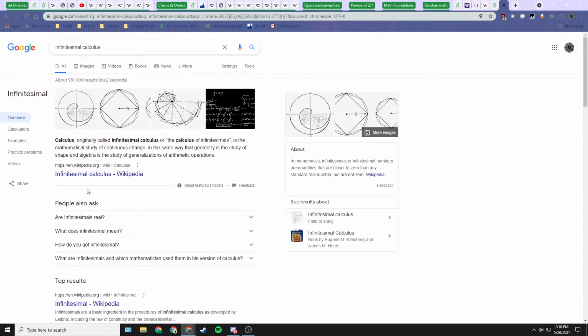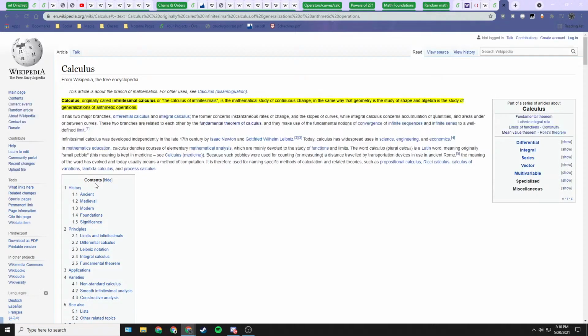Technically, we're not using infinitesimals, right? We don't actually have any of those. We just have standard... actually, we don't even have derivatives and integrals yet. When it was first invented or discovered, they called it infinitesimal calculus, but now people just call it calculus. But that's essentially because these derivatives and integrals, we actually have those.